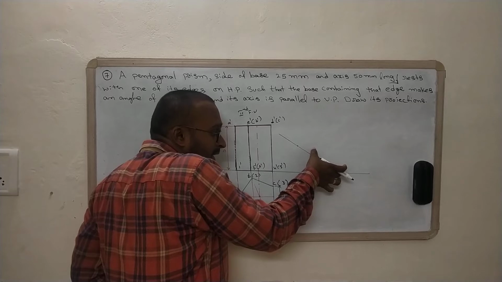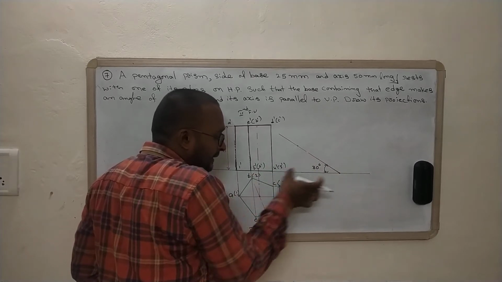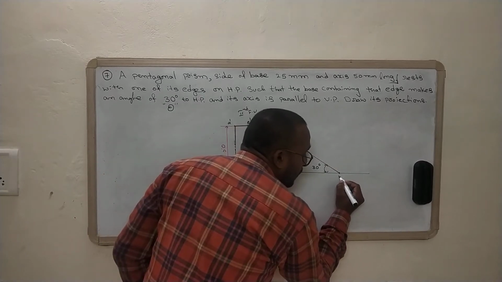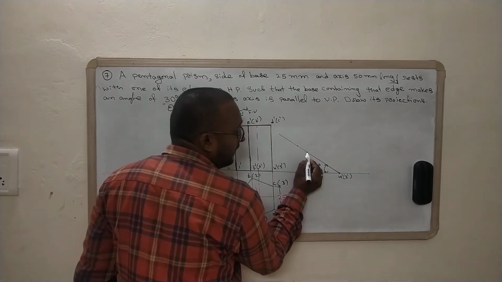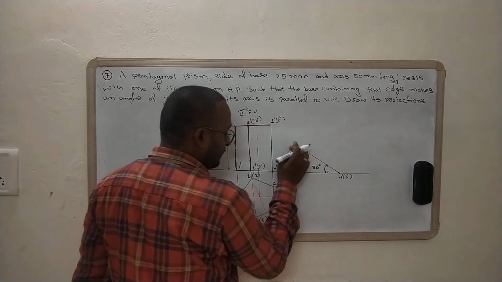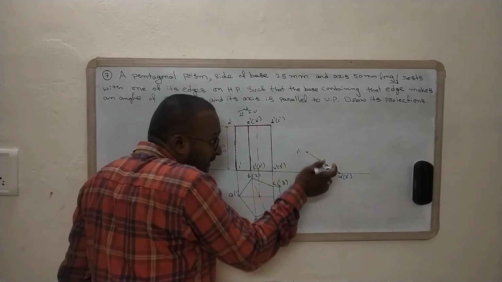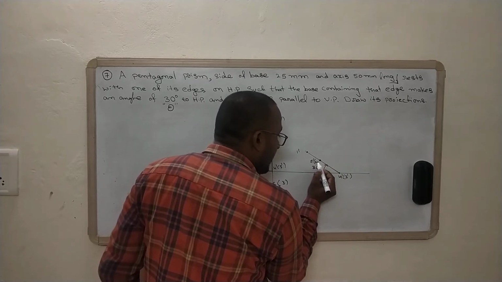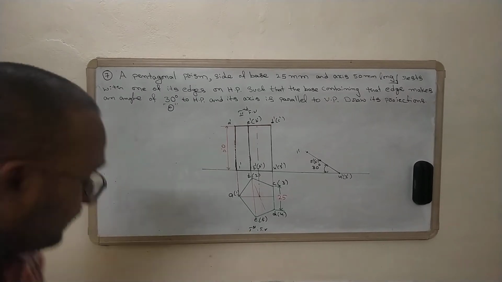Then mark those particular dimensions. Take the radius of 1 dash 4 dash, and then here it will be 4 dash, 3 dash, right? And then here 1 dash. In between that, take the distance from 1 dash to 5 dash and mark that particular 1 dash to 5 dash distance, and then here there will be 5 dash, 2 dash. Then we need to draw the perpendicular lines from that.